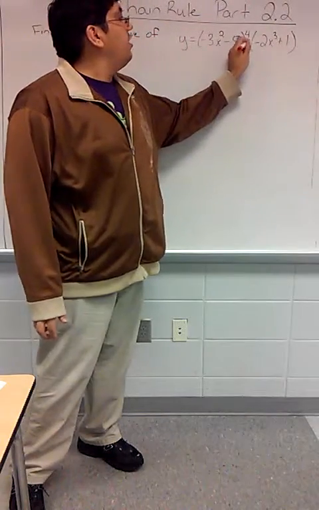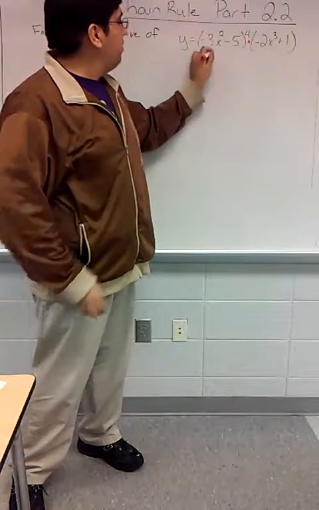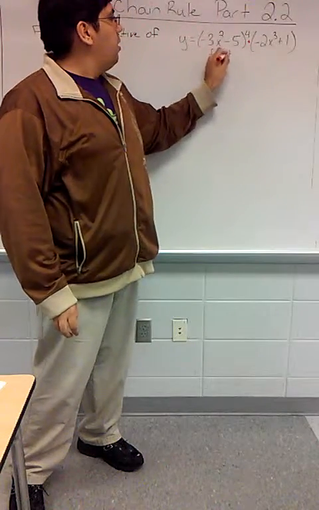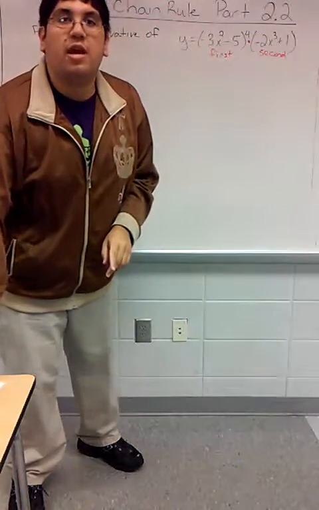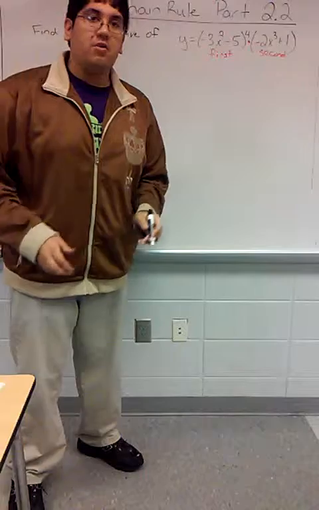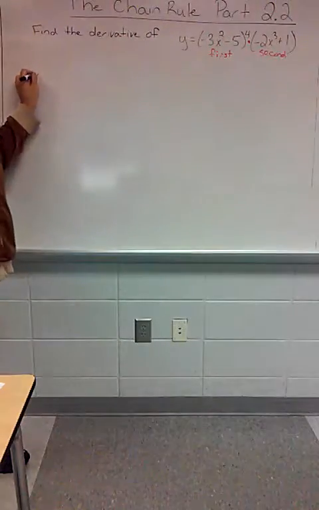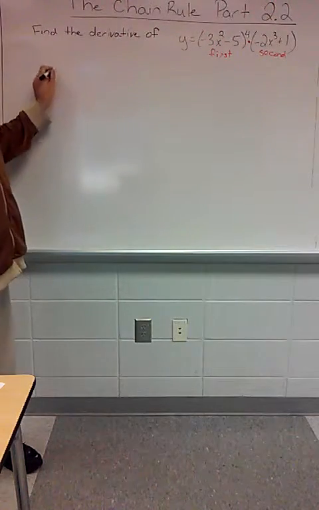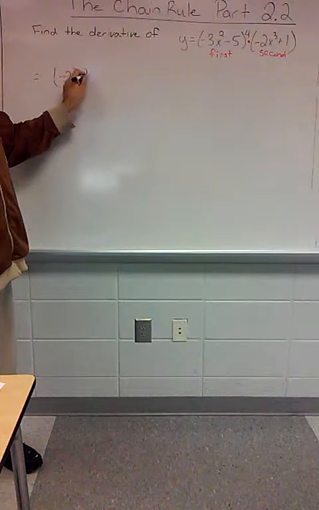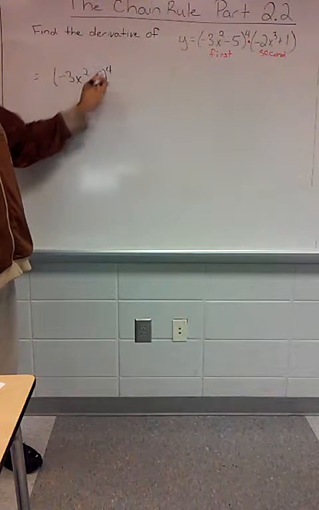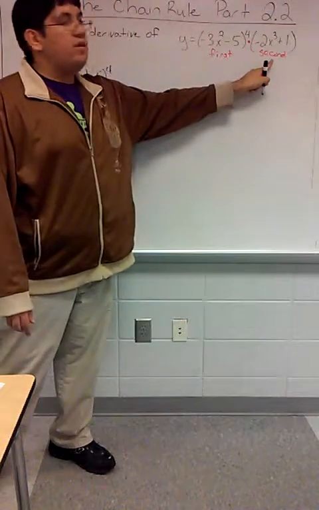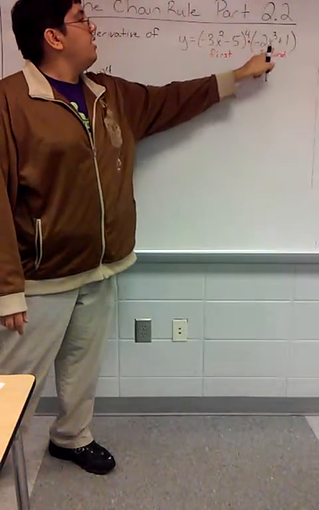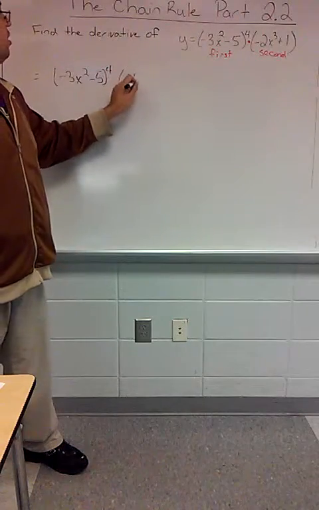So I'm going to have to use the product rule, where this is the first and this is the second. So let's use the product rule to help find the derivative. The product rule says you take the first, so negative 3x squared minus 5 to the fourth, times the derivative of the second. The derivative of the second would be negative 6x squared,